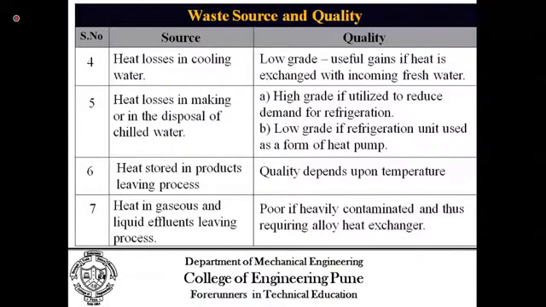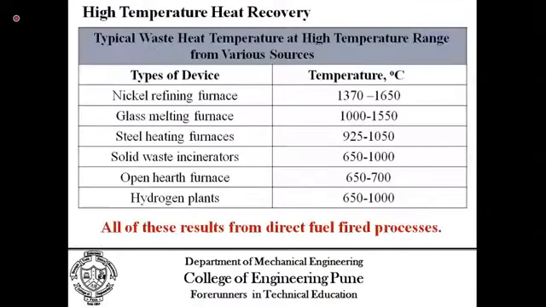So these are some of the different classifications or types of waste heat which is available in industry. Usually this available heat is classified into three groups. One is the high temperature recovery group, second is the middle temperature recovery group, and third is the low temperature recovery group. There is no standard temperature difference for high, low, etc. It may even vary from industry to industry. But in general terms, when it is from 650 to 1650 degrees Celsius, we can say that it is a high temperature range.